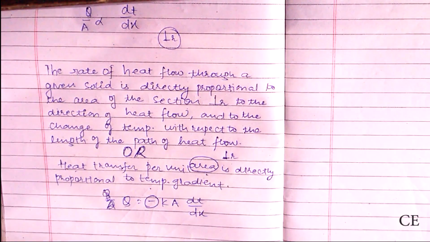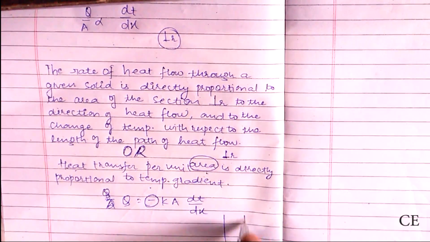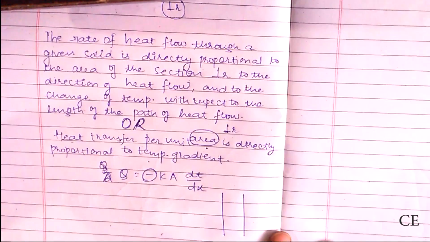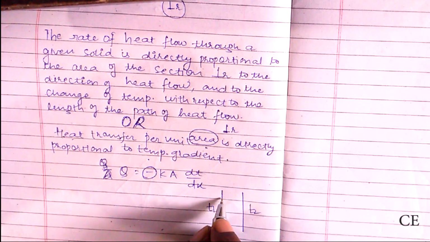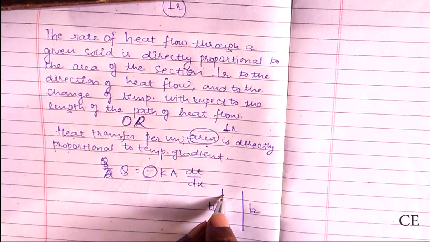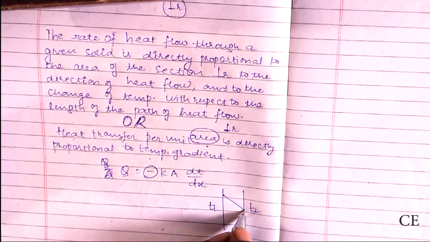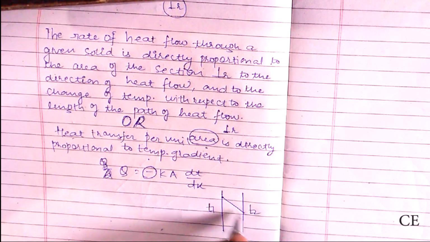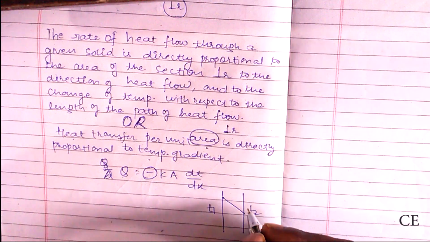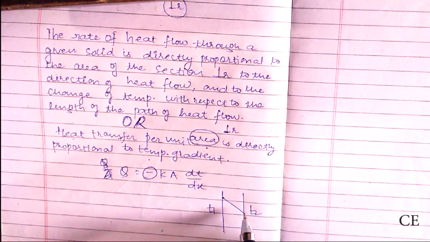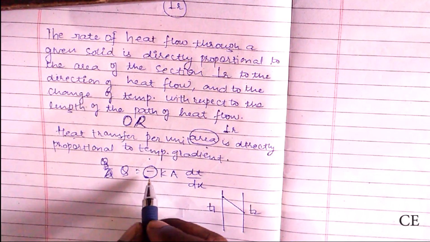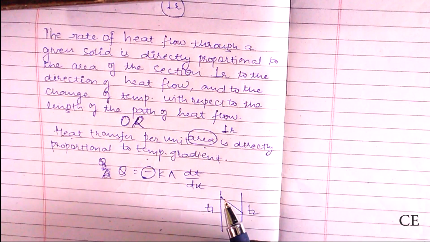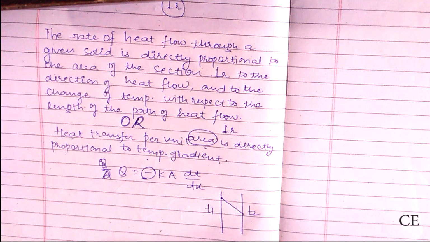Here the negative sign describes that, suppose here it is a wall, and here there is some temperature T1 and there is some temperature T2. It is at some high temperature T1, and it loses temperature and reaches T2. So this is the reduction in temperature, so it shows the decreasing temperature along the direction. This is for the balancing as well, and to take care of the decreasing temperature.